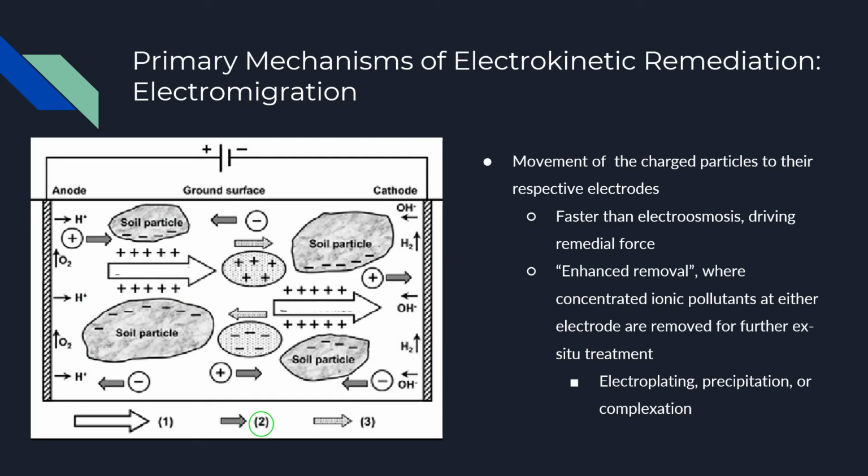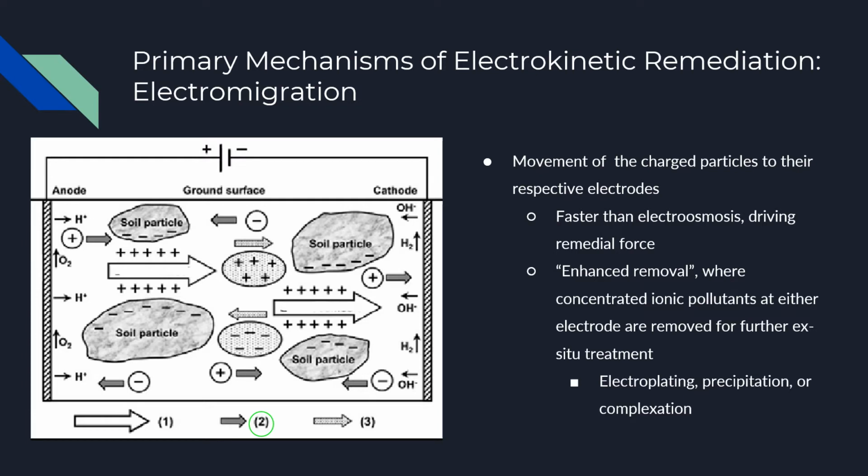Electromigration, however, is the main mechanism of electrokinetic remediation and aligns more with the basic principles of electrolysis, which we demonstrated at the beginning of our presentation. It is defined as the transport of anions and cations through the substrate towards the anode and cathode respectively. On the figure, it is denoted as process number 2, which is once again circled in neon green, and the